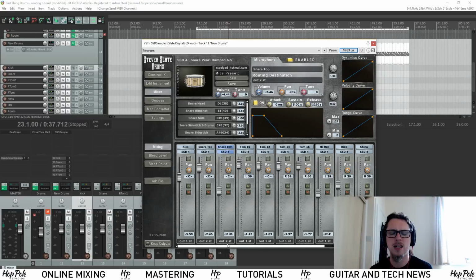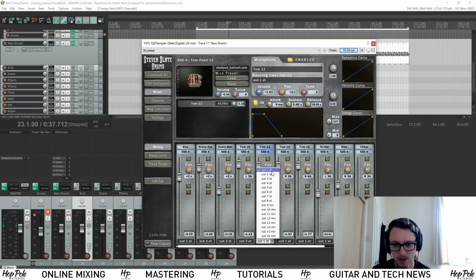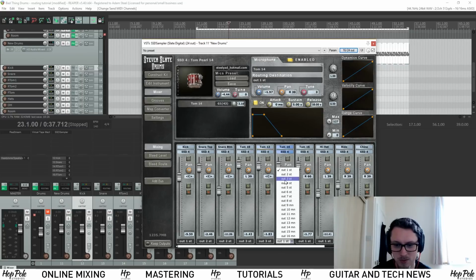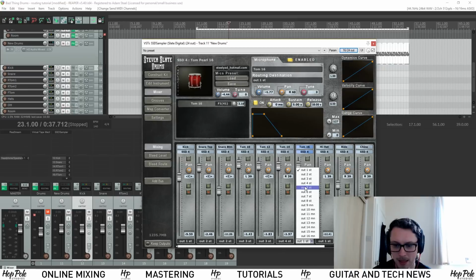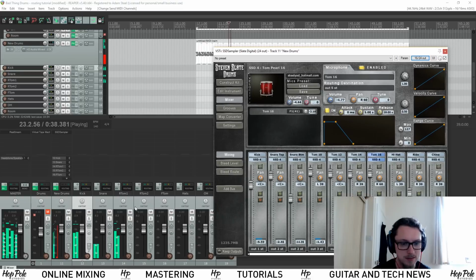I personally treat the two as a whole if I can, because the Steven Slate drums are recorded well, so it's not as if I have to do any corrective EQ. But if you want to, this is how you would do it. So tom 10 would be output 3, tom 12 I think would also be, yeah, I think that's right, because there's 4 toms here. I think if I hit play,